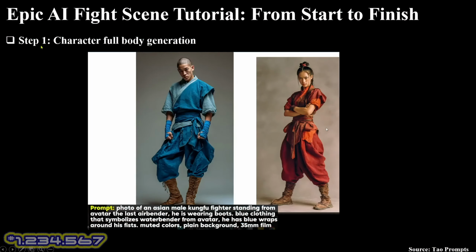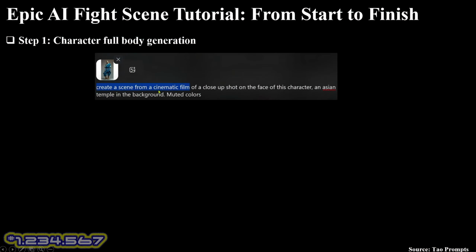So there are several steps. Step one that you need to do is generate the character's full body. To do that, you can go to Sora AI or Midjourney. You have the prompt: photo of an Asian male or female kung fu fighter, and then you can see over here. After you have the two characters, what you do next is basically generate